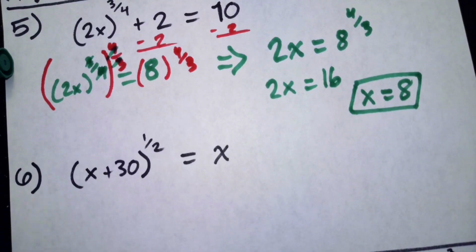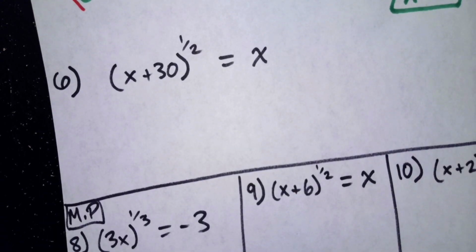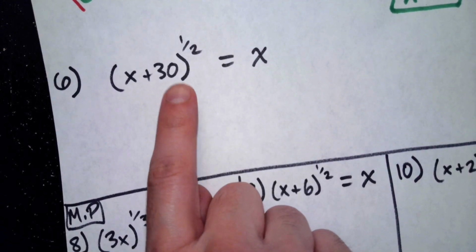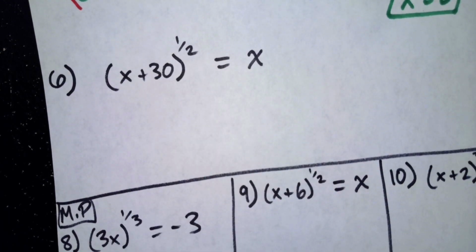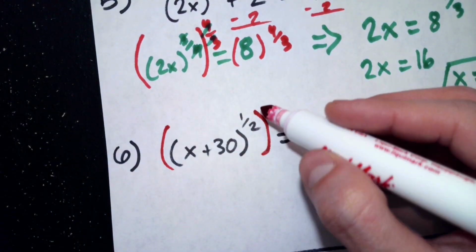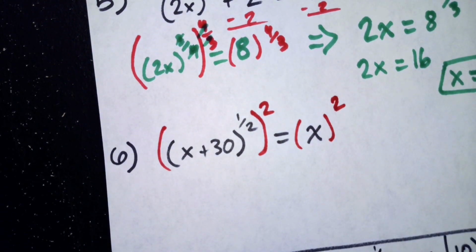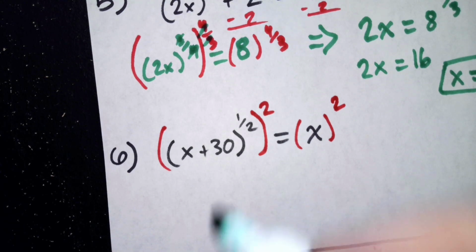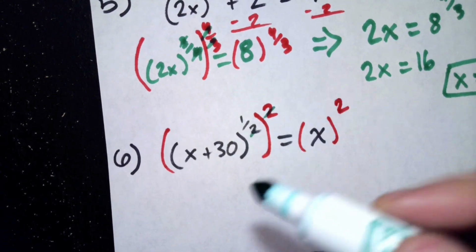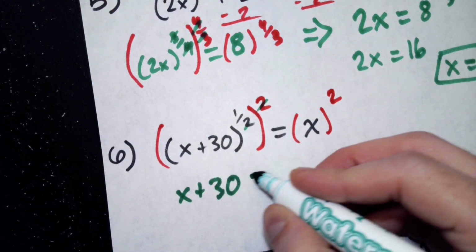And we continue. So number 6 works the same way. We have x plus 30 to the 1/2 power is equal to x. And this right here, remember, is just the same way as writing the square root of x plus 30. So what we're going to do is, just like with the square root, we want to take everything to the 2nd power on both sides. And so we get that this 2 and this 2 cancel. We have x plus 30 to the 1st power is equal to